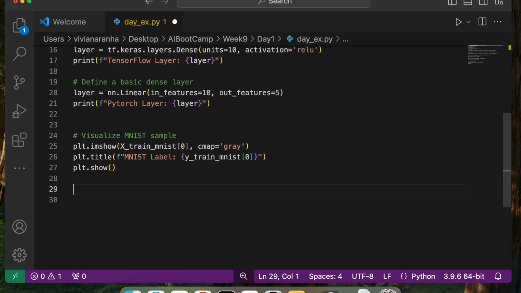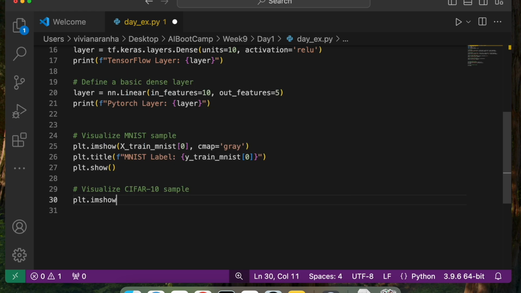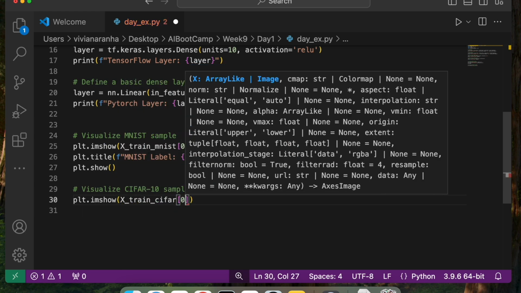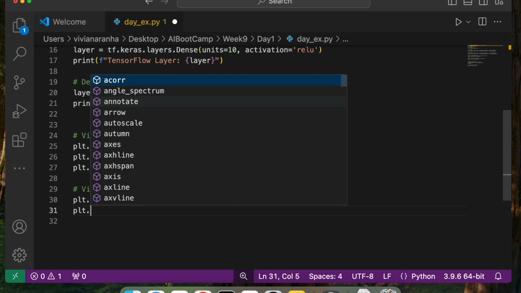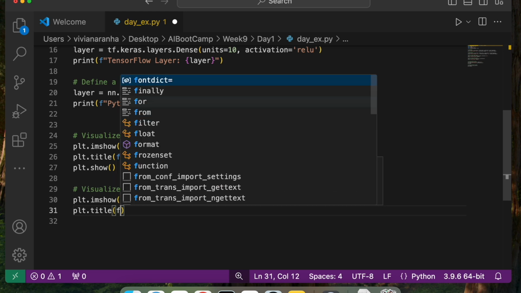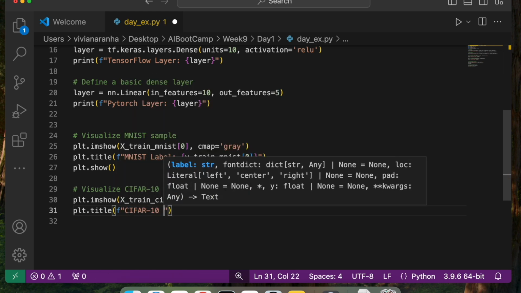So I can do the same thing for, let's visualize CIFAR-10 sample, plt.imshow x_train, and I'll use CIFAR at index 0, and plt.title is my data that it is, which is CIFAR-10.